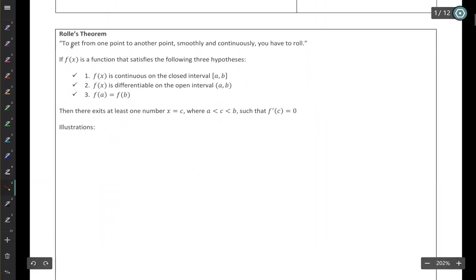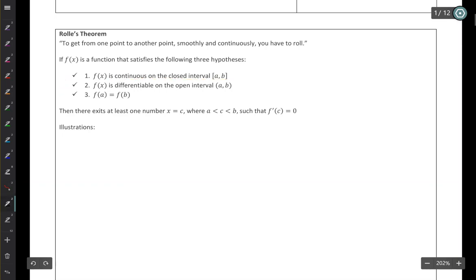So one fun way to remember Rolle's theorem is that to get from one point to another smoothly and continuously, in other words, differentiably, you have to roll. Here is the theorem. If f is a function that satisfies the following hypotheses, these three, the function is continuous